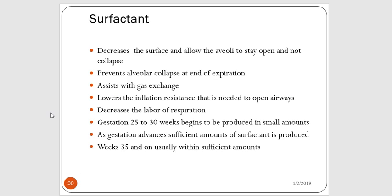One of the factors that come into play when you're looking at a newborn baby's respiratory system is surfactant. Surfactant is really this soapy phospholipid that decreases the surface tension and allows the alveoli to stay open and not collapse at the end of expiration. And it really helps and assists with gas exchange. It lowers the inflation resistance that's really needed to open the newborn baby's airway. This substance helps decrease the work of respiration,